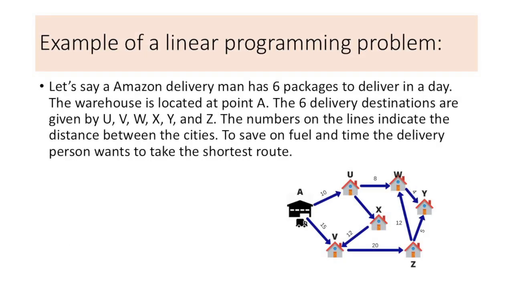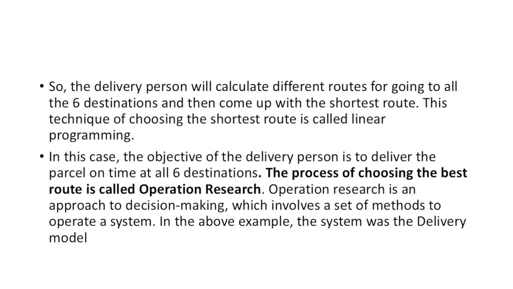So in this diagram, it is specifically mentioned the distance from the warehouse to various locations, and he has to select the shortest route. So in this case, the objective of the delivery person is to deliver the parcel on time at all 6 destinations. Operations research is an approach to decision making which involves a set of methods to operate a